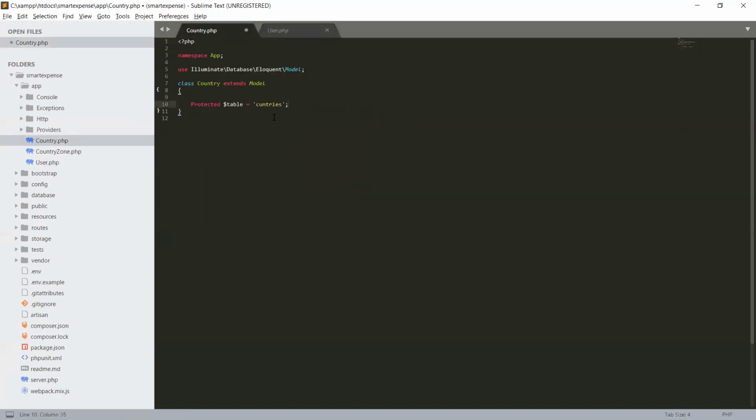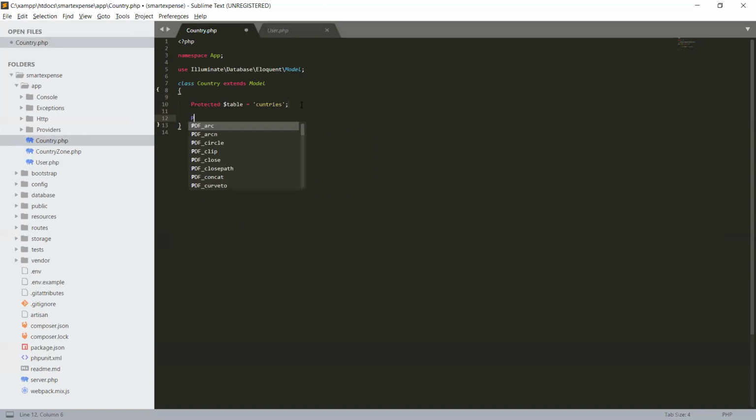But it is good practice that you should define your model's database table in your model. So we have defined that this Country model will use the countries table in our smart expense database.